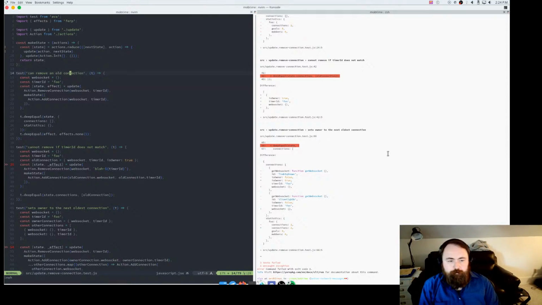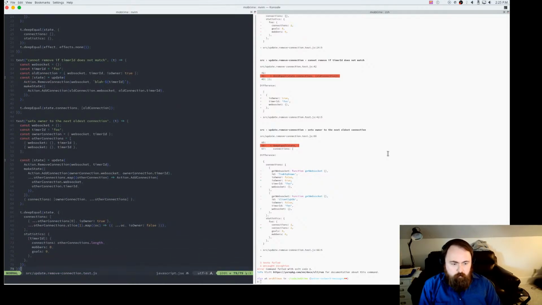All right, so the exact issue is on line 66. So let's kind of, again, as we go, we'll just kind of clean up any linting issues. Okay, so now we are down to line 66, and this assertion is failing. So, okay, so this is just another issue where